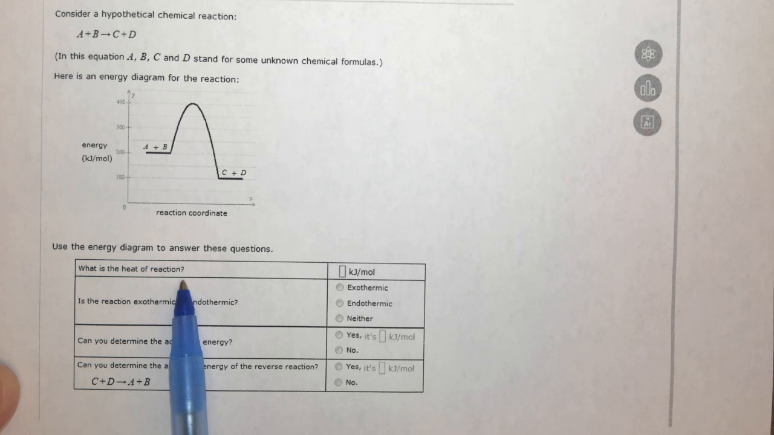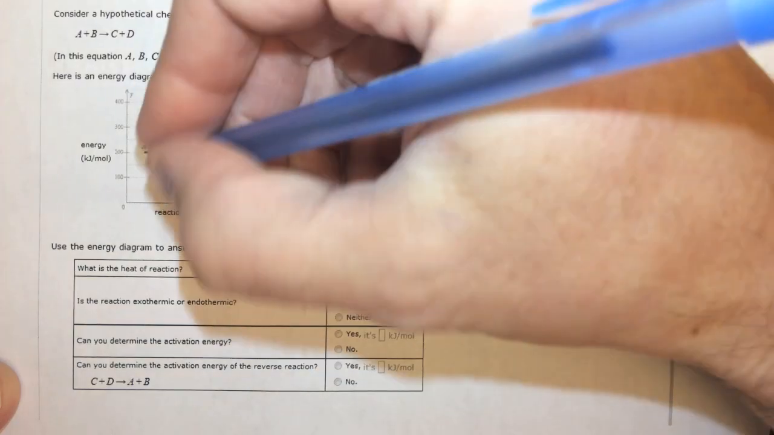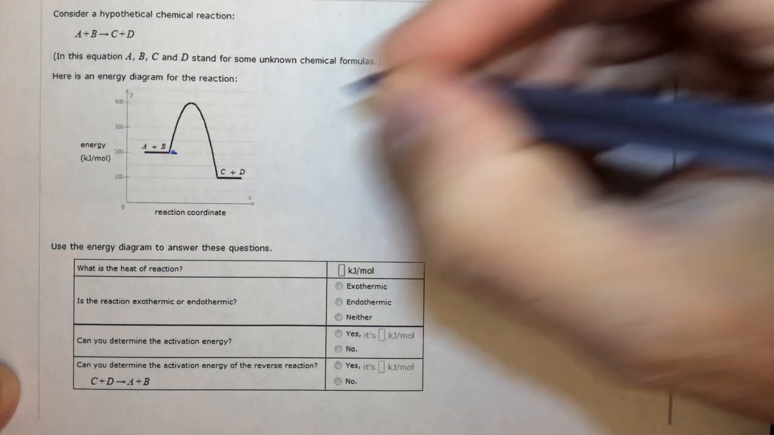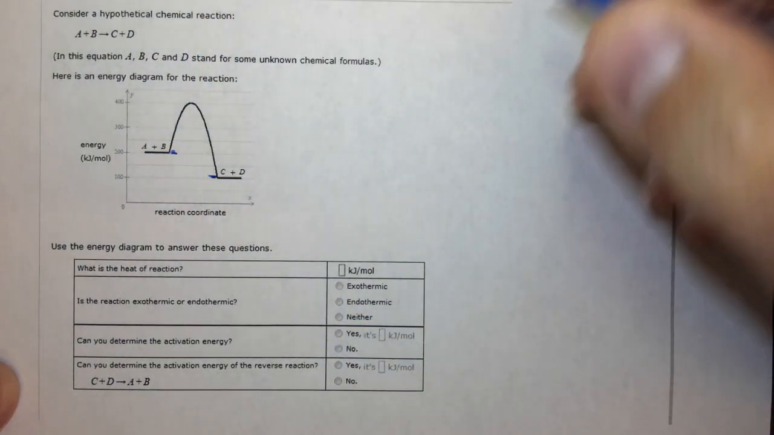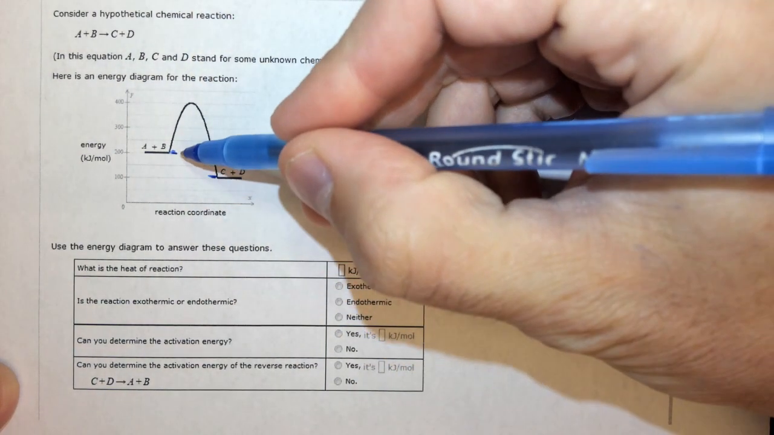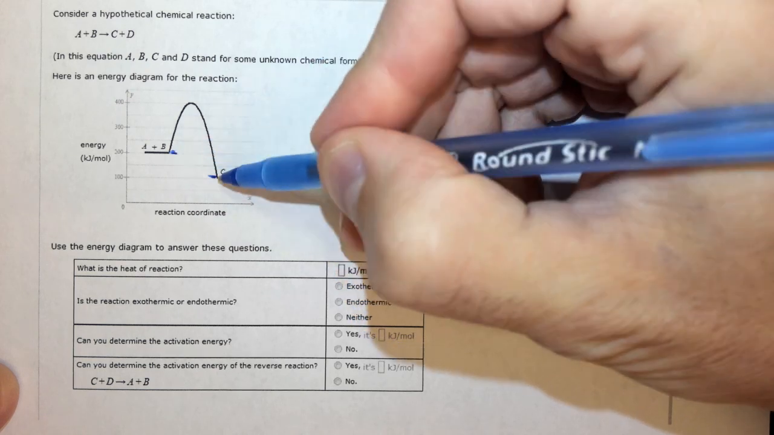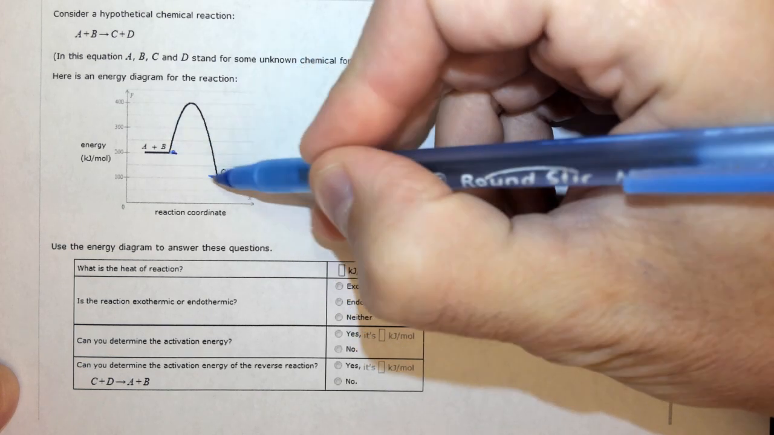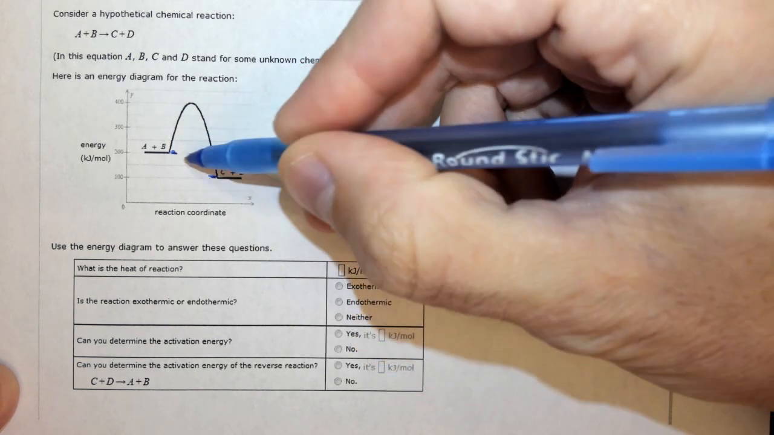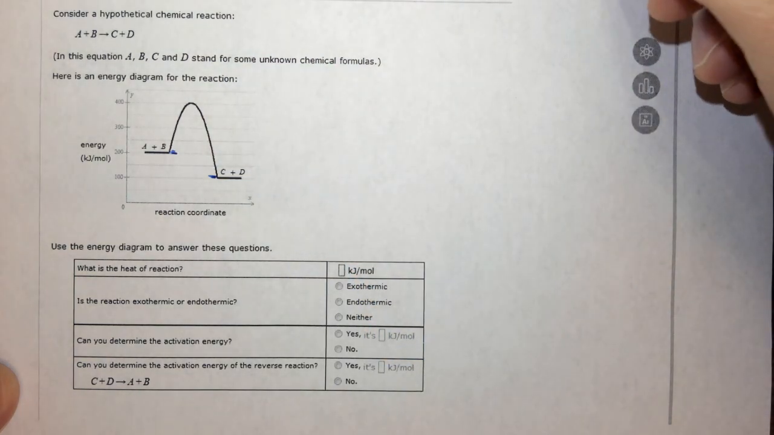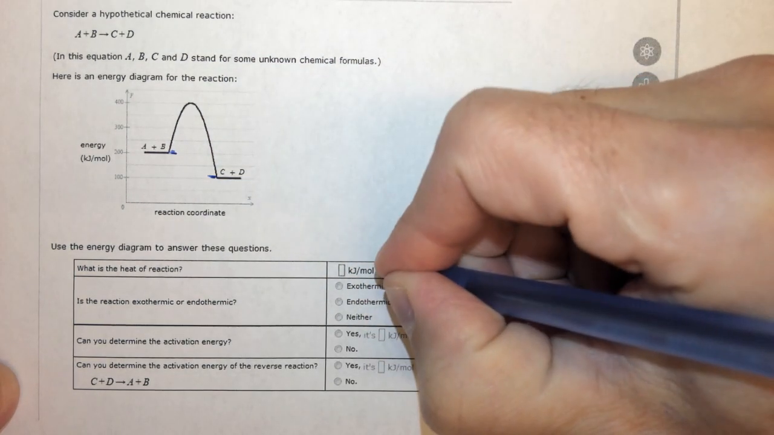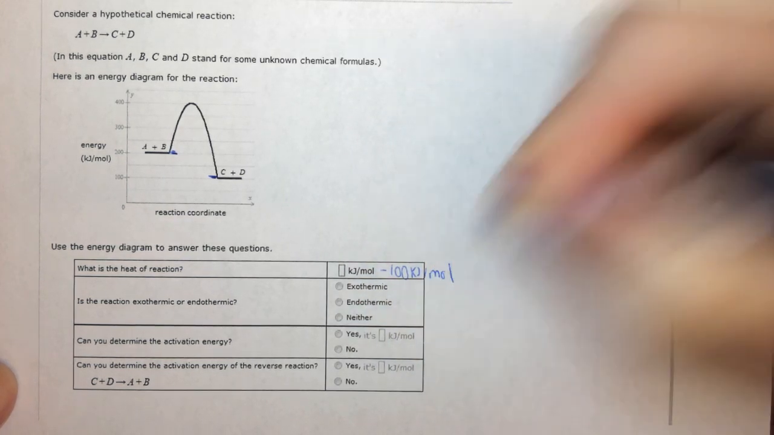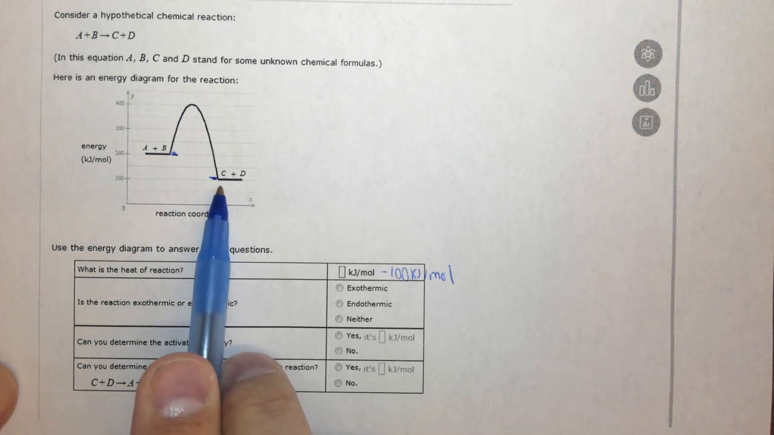Well, here we want to look at the overall energy. So the overall energy of A plus B is here. The overall energy of C plus D is here. So we went from 200 kilojoules per mole down to 100 kilojoules per mole. Said another way, 100 kilojoules per mole of energy was released when this reaction occurred. So the heat of the reaction is minus 100 kilojoules per mole because 100 kilojoules per mole of energy was